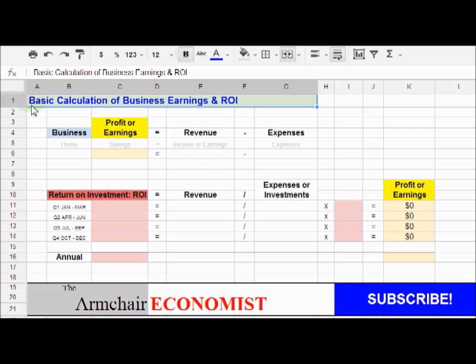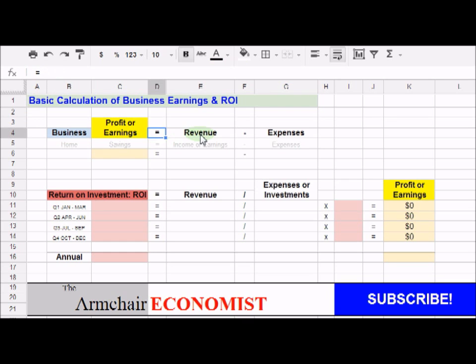Today I'd like to show you the basic calculation of business earnings and ROI, return on investment. Now, at home, we're all aware of going to work. We get a paycheck at the end of the year. We have to pay taxes on that income or earnings. But in the business world, earnings has a different meaning. Everyone knows businesses have a profit. Profit in the business world is the same thing as earnings, and earnings is equal to revenue